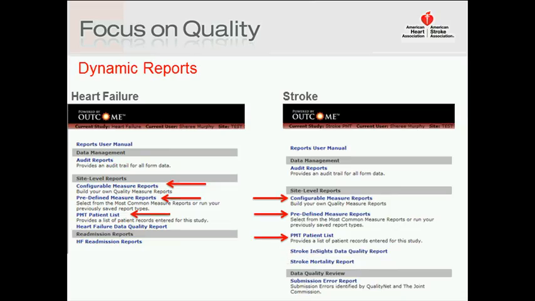We will also not be covering the heart failure readmission report or the stroke mortality report, anything that is unique to just the heart failure or just the stroke patient management tool, because what we want to focus on is demonstrating those functionalities that are consistent between both stroke and heart failure, and we can cover these in a future offering.